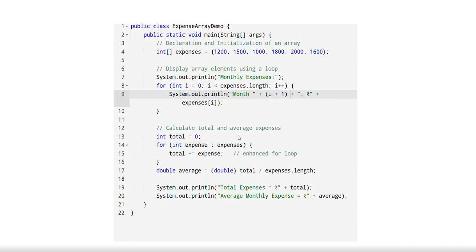This program demonstrates the use of arrays in Java with an example of monthly expenses. First, an array named expense is declared and initialized with 6 values, each representing the expense of a particular month. Using a for loop, the program displays all the expenses one by one, labeling them as month 1, month 2